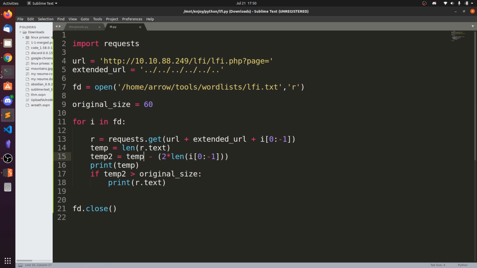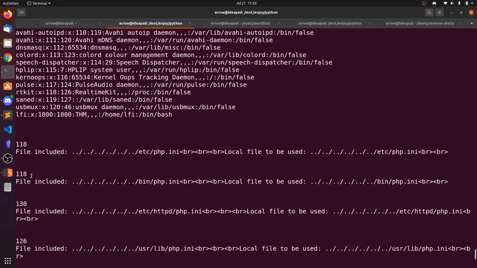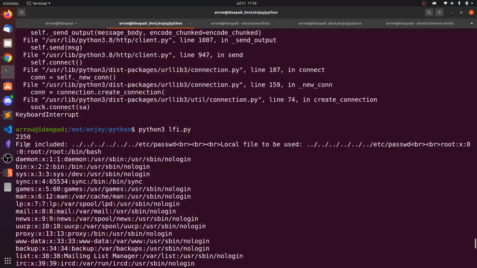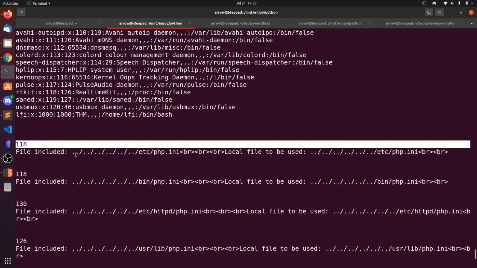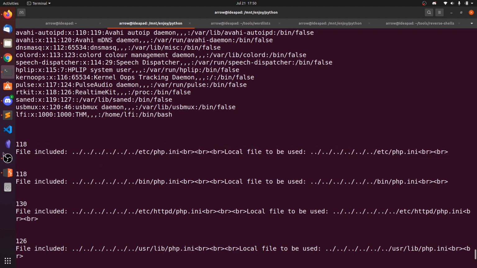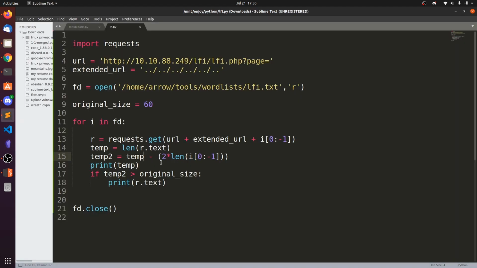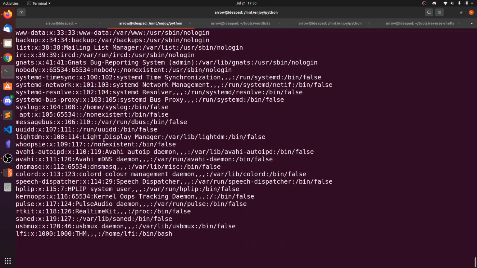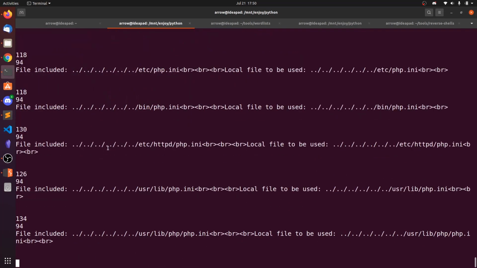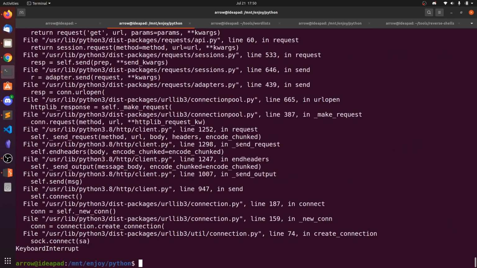Temp is total length, 118 minus 2 times length of this file. And we also put the print of temp2. So we should get 60, but we are getting 94.